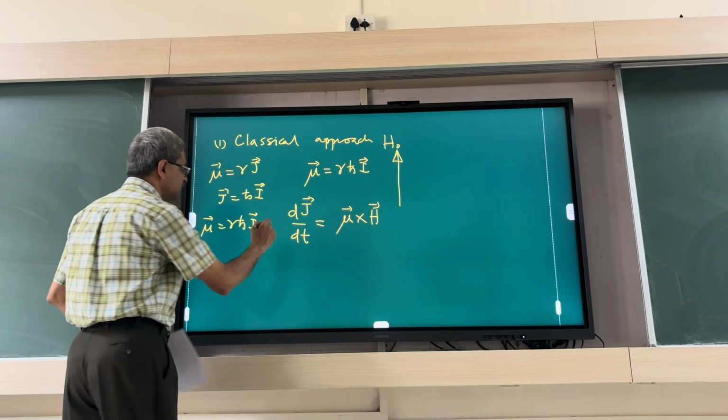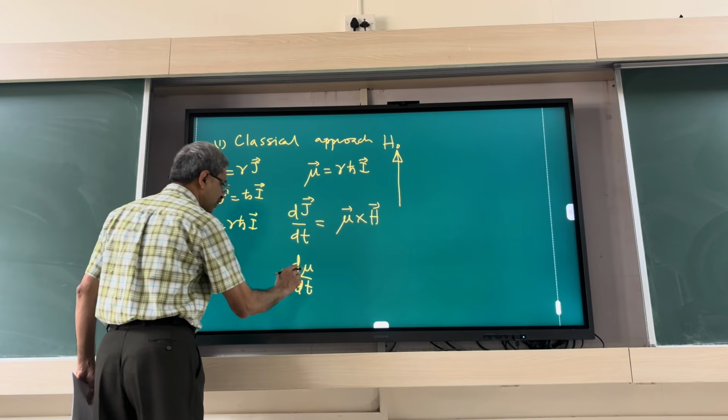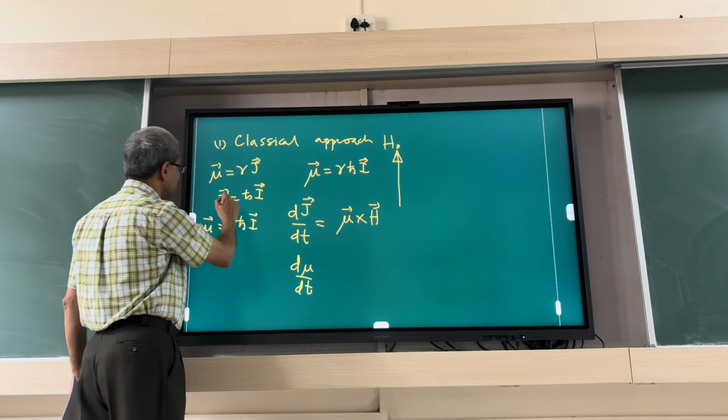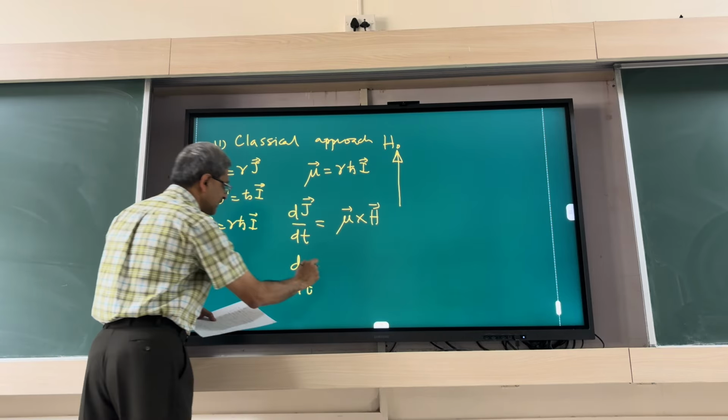So you can rewrite this as d mu dt. We want to know the rate of change of magnetic moment. So I can go from J to I to mu with the gamma and all that, and this will look like